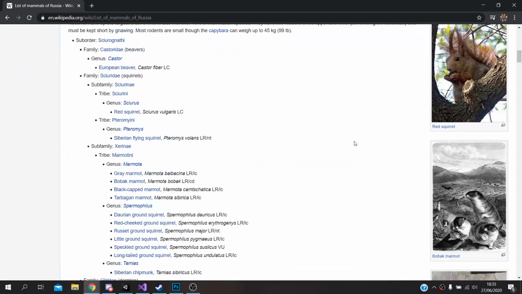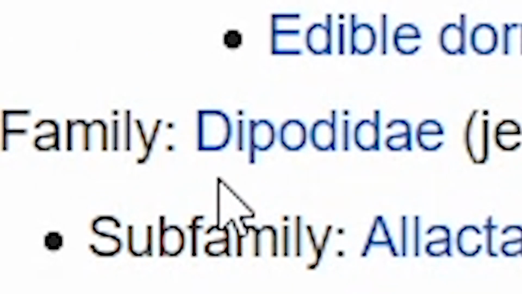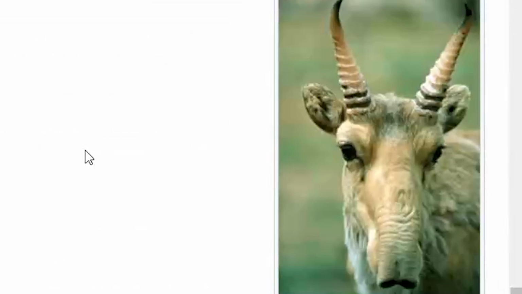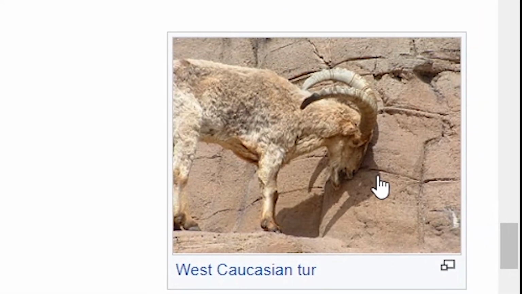But next to bears and tigers, Russia doesn't have that many interesting animals. I mean, what the heck is a Dipodidea? Oh, it's just a gerbil. Never mind guys, I figured it out. What? Now, this dude already looks like he's kind of bumping into walls, which is exactly what I'm looking for,